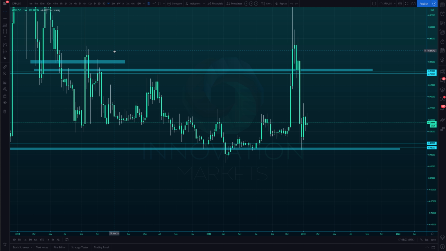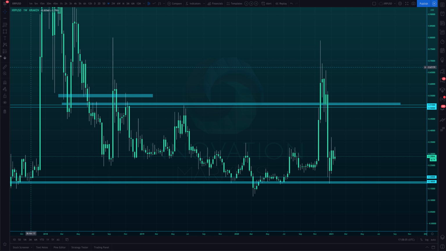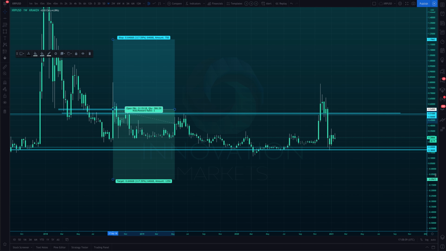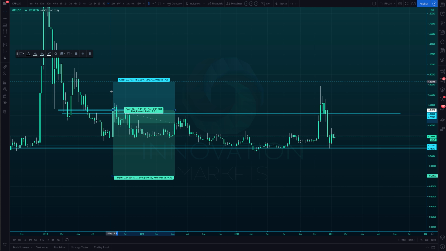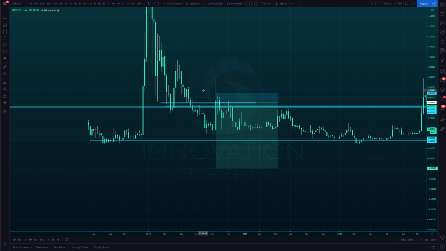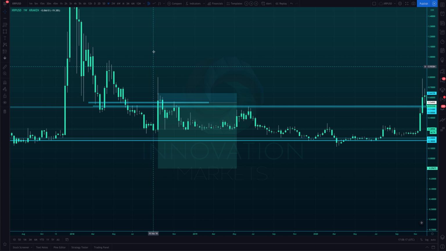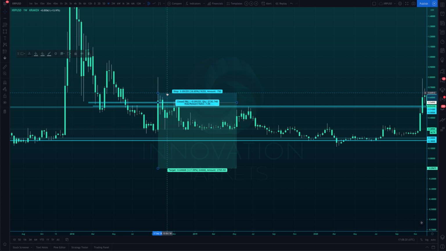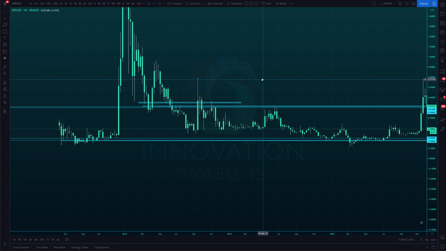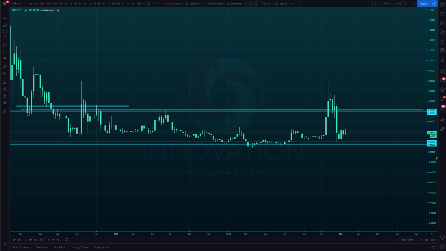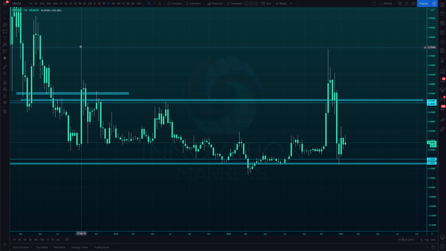eventually unfolds. So a good example would be if this was your zone instead, and you went short here, obviously with a stop loss that large, you would have been successful, but that wouldn't have been the case. So even with a relatively small stop loss, a wick like that would have wiped you out. And unfortunately, in many circumstances and situations in the market, we cannot always predict the huge weekly candles